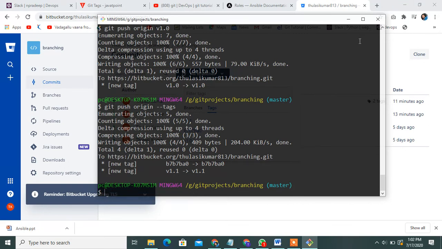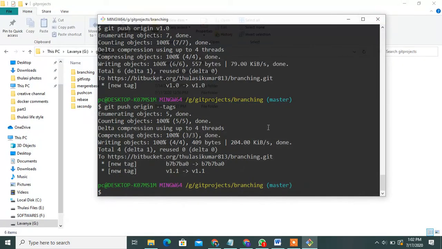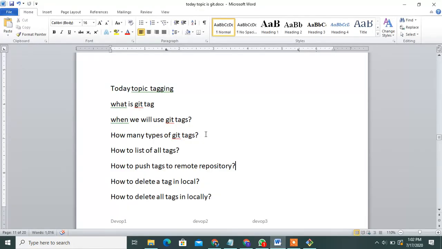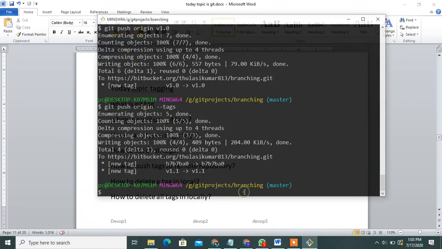Then next topic is how to list all tags. Git tag --list.